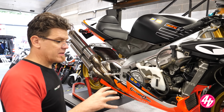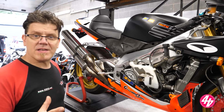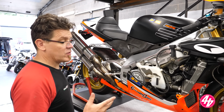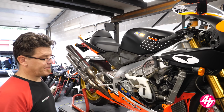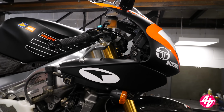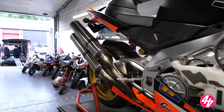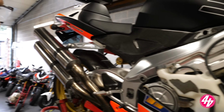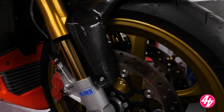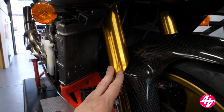The reason being is because if this has some kind of race history or some kind of heritage with it, then it's always worth investigating that just to make sure. Because you never know, Troy Corser could have come over and done a lap on it round the Ulster GP. Who knows? But yeah, that's the real deal. Absolutely the real deal. If you have a look, the brake calipers are correct. Mega. The brake pins. Yeah, we're missing some pinch bolts here,